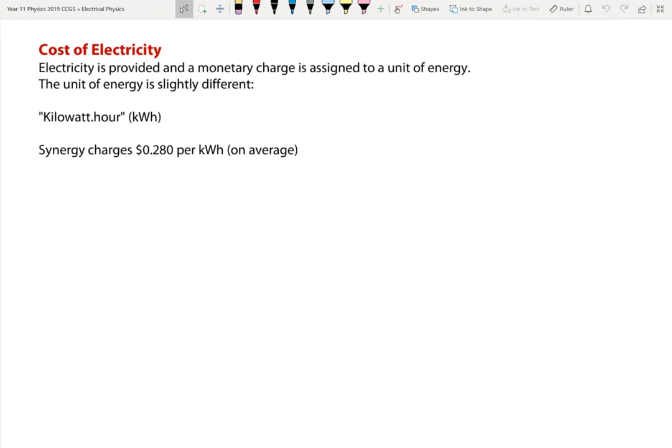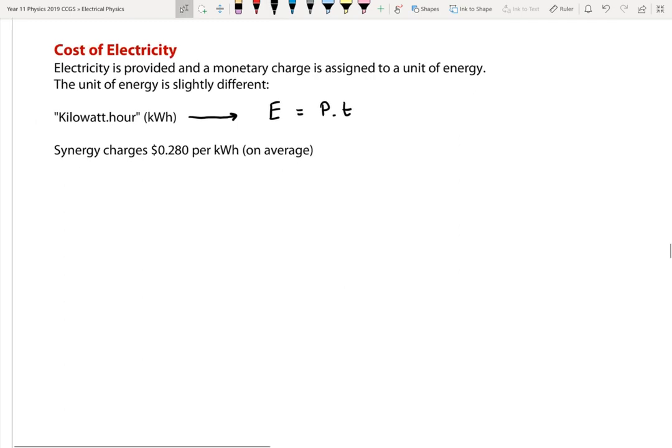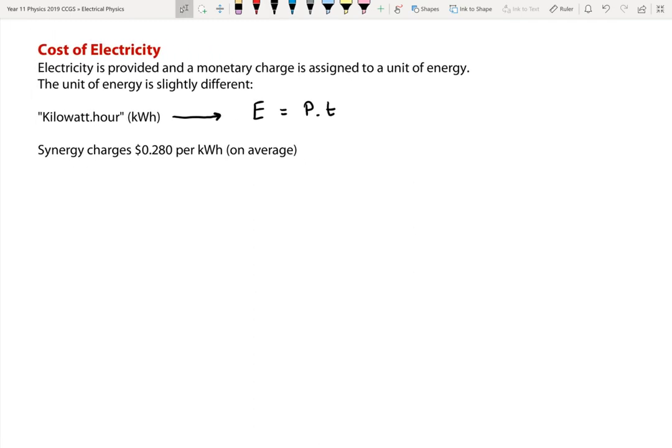So a unit of energy that we want to look at is the kilowatt hour. Now a kilowatt hour is a unit of energy. We know that energy is power times time, or the rate of energy per unit time multiplied by time. However, what we require is our units of power need to be in kilowatts, and the units of time need to be in hours. Okay, so 1 kilowatt hour, should be a bit larger, is equal to